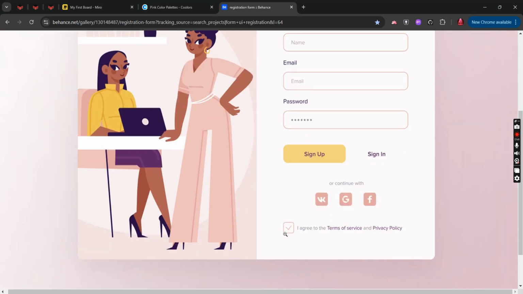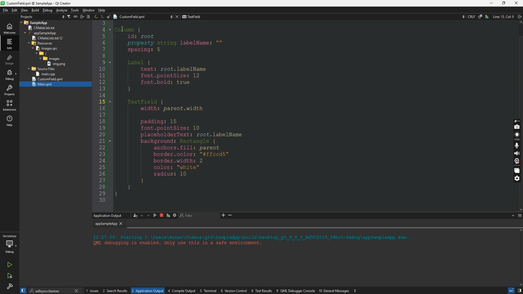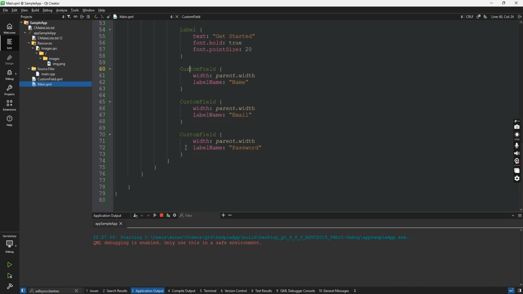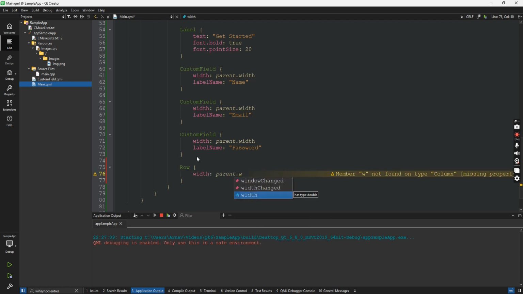Anyway, this is a button. This is a checkbox. So let's add two buttons. I hope you're not getting confused and you're with me. So I'll add two buttons. For that, I'll obviously be adding a row and I'll set the width to page's width. And first spacing will be, let's say, 20. Then button,